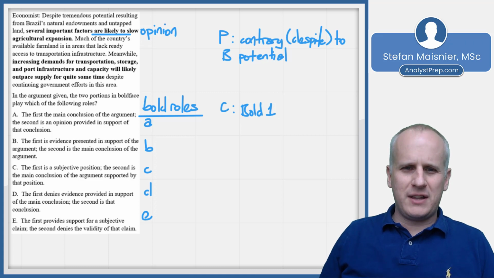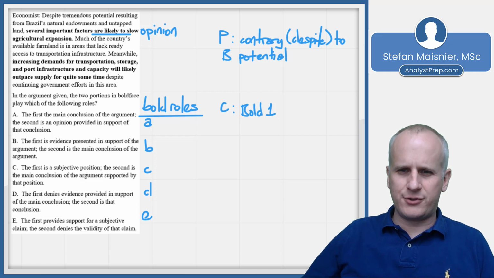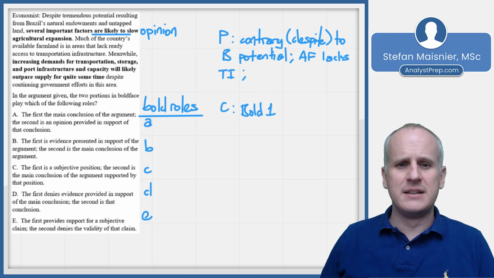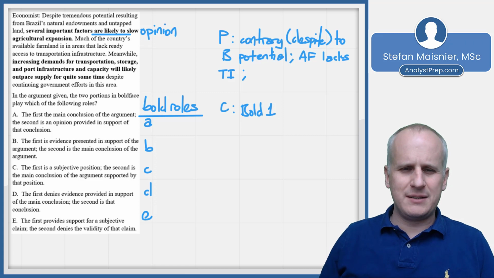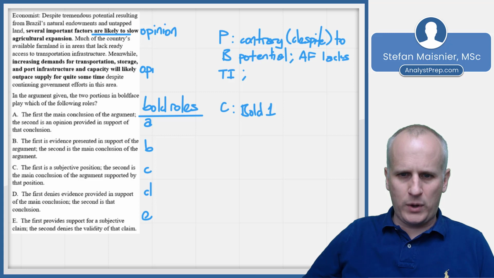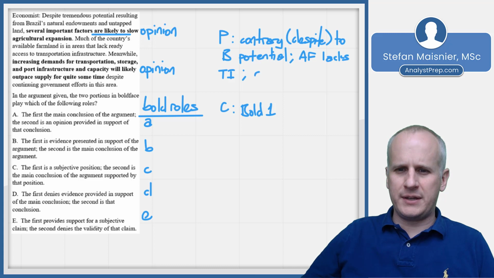Then much of the country's available farmland is in areas that lack ready access to transportation infrastructure. Okay, so we know that the AF for available farmland lacks TI for transportation infrastructure, and that's just a fact. Meanwhile, increasing demands for transportation, storage, and port infrastructure and capacity will likely outpace supply for quite some time. Now, we might think that this is kind of an opinion as well. Despite continuing government efforts in this area, and we know that the government effort